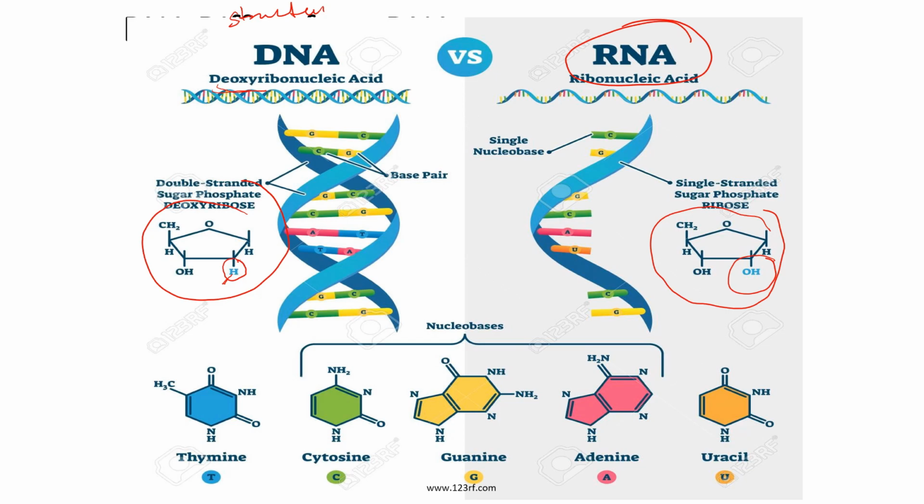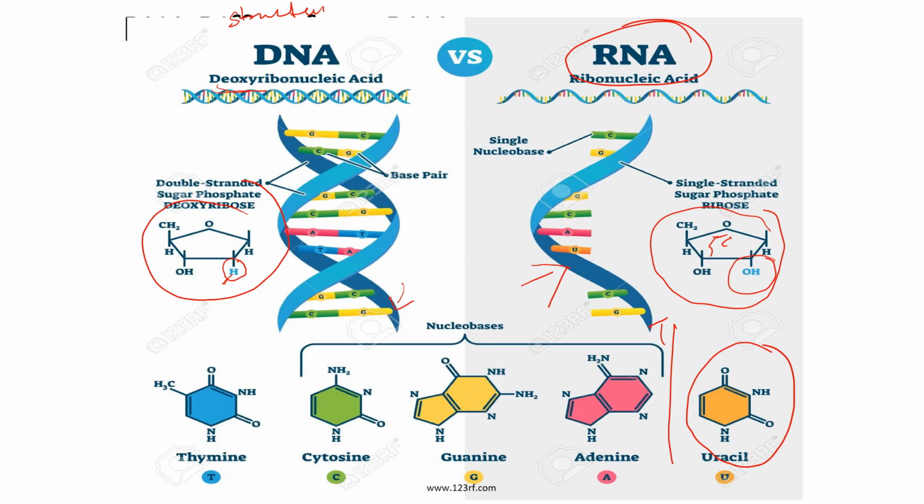And what is the difference here from DNA in the case of RNA? It differs in the 5 carbon sugar, where it has a normal ribose sugar, and the other thing is based on the nitrogenous bases. In DNA, it has adenine, thymine, guanine and cytosine. But in the case of RNA, instead of thymine, it has another nitrogenous base, uracil. And if you see the structure of DNA and RNA, DNA is a double helical structure, whereas RNA is